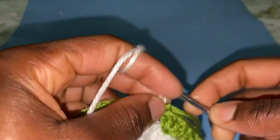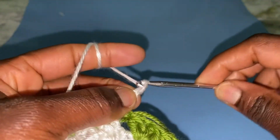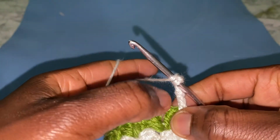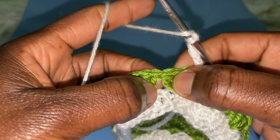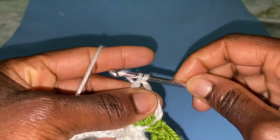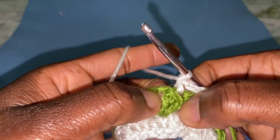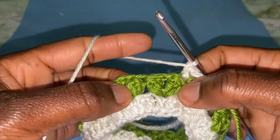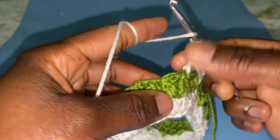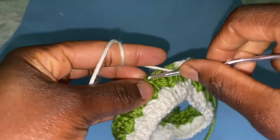Chain 2, 1, 2, that is going to act as a double crochet, then chain 3, 1, 2, 3, and skip the next 2 spaces, the chain 1 space and the next double crochet that we made, and in the third one put a double crochet. Okay, you realize that it's on the first shell stitch we made right here, these 2 double crochets. So you're going to chain 3 again, 1, 2, 3, and put a double crochet in the third stitch. Skip these 2, 1 and 2, and put a double crochet